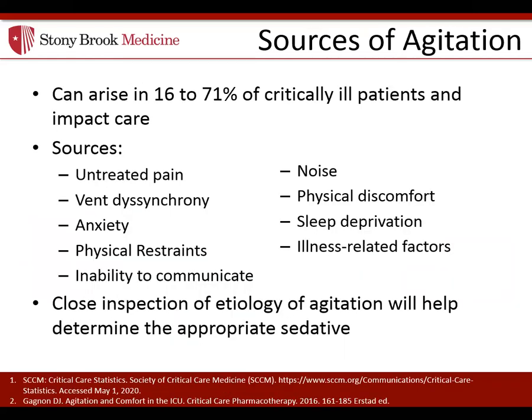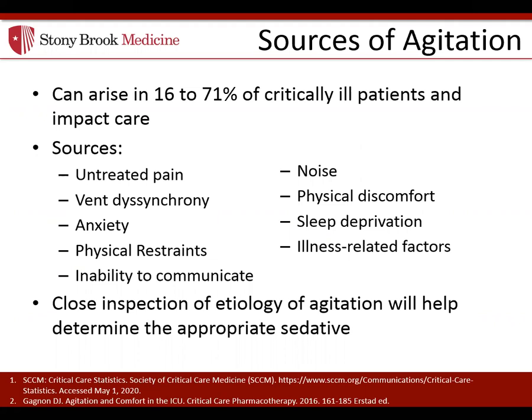So agitation can be present in many ICU patients and can result in poor outcomes and even an increase in mortality. It occurs at a similar rate at night and during the day, which can be because of sundowning or disruptions in the sleep-wake cycle. Some sources are untreated pain, which we discussed in the previous slide, vent asynchrony, because the patient and the